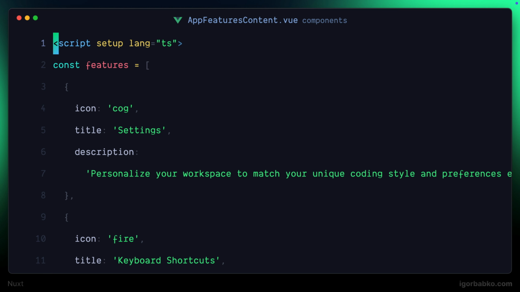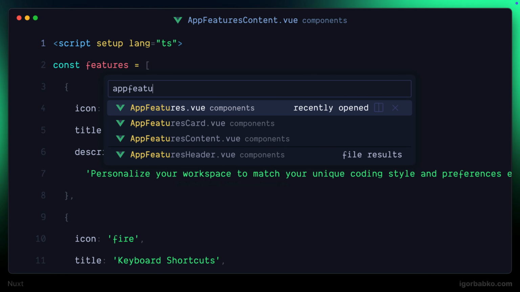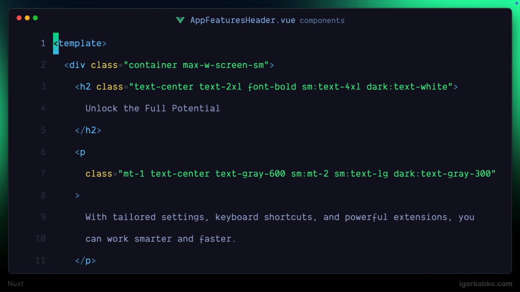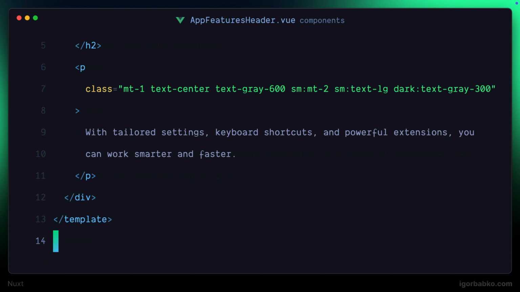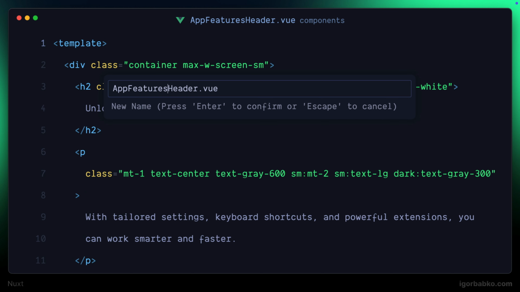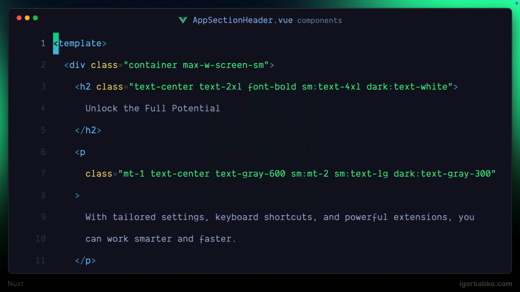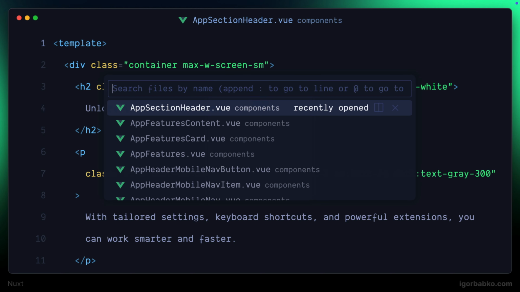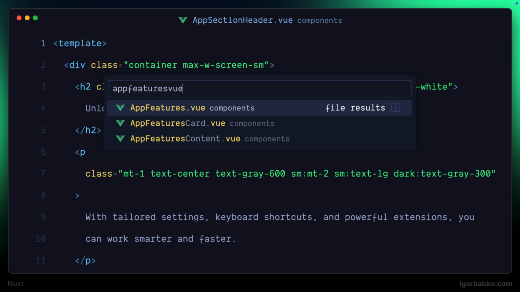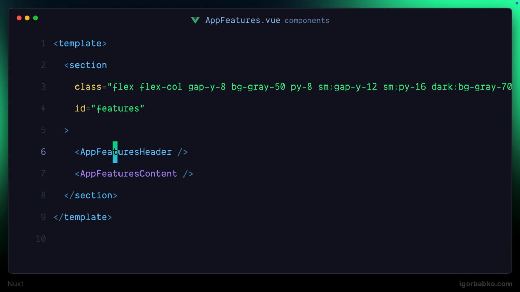I'm going to open up one of these components, for example app features header, and rename this component to app section header, to have a more generic name that can be reused. So now back to the app features component. This is the component which shows the header of the features section. Instead of using the app features header component, we'll have to rename this component to app section header, since we have